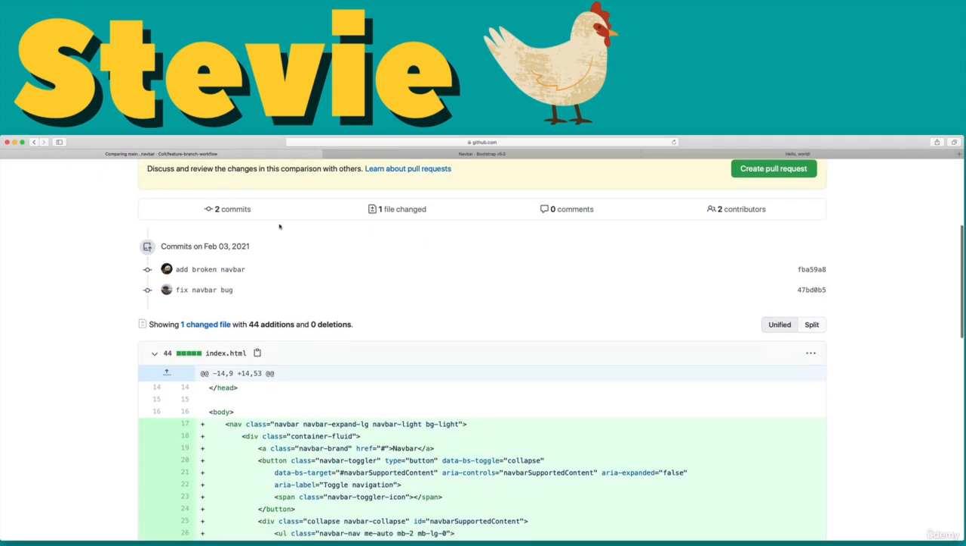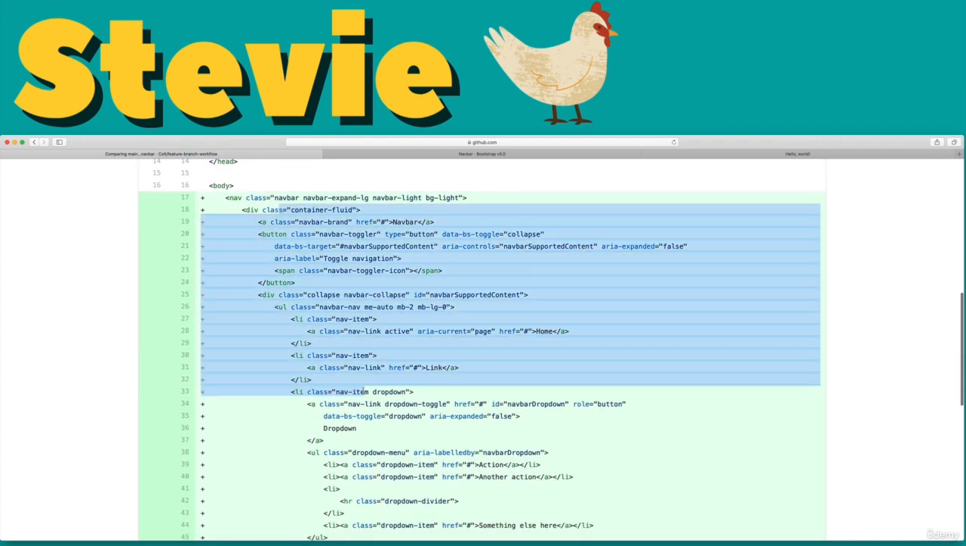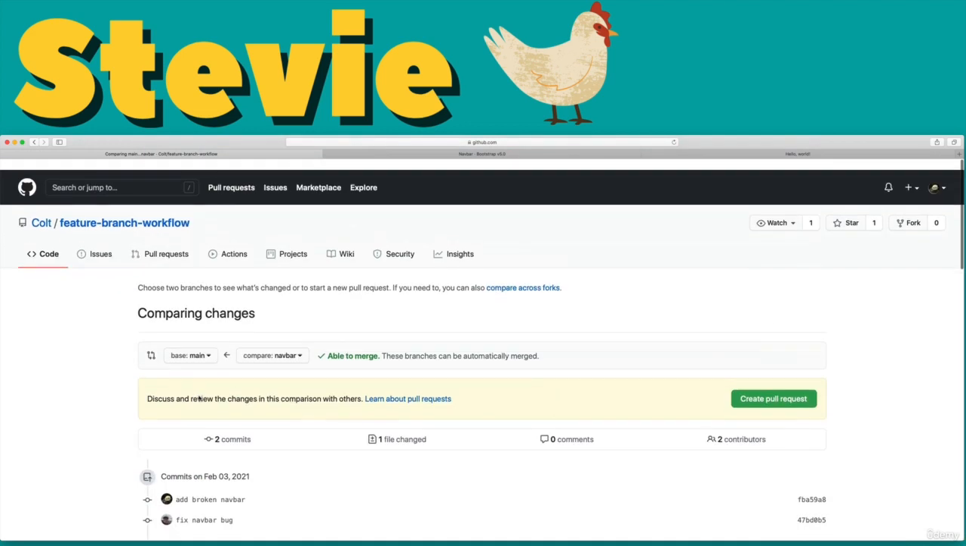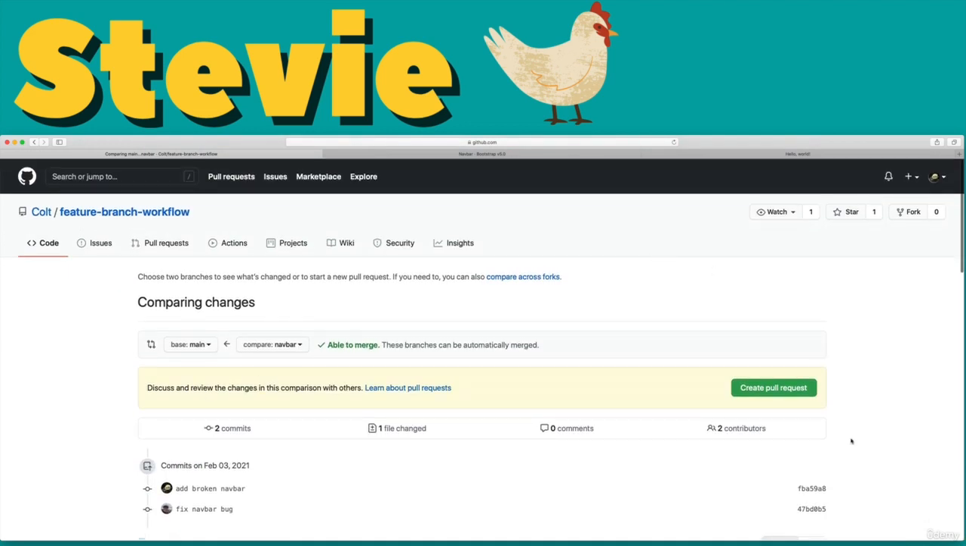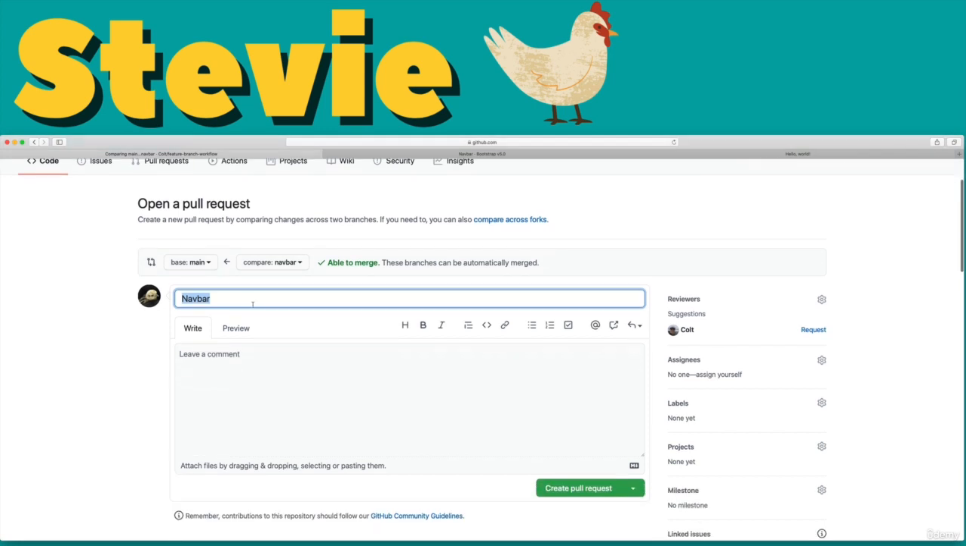So we can see there's just two commits, right? We have the broken navbar, the navbar fix. Here's the diff. We can see all the stuff that I added in, or Stevie added in. Anyway, if I decide I want to make this pull request, I'll click that button, create pull request, and then